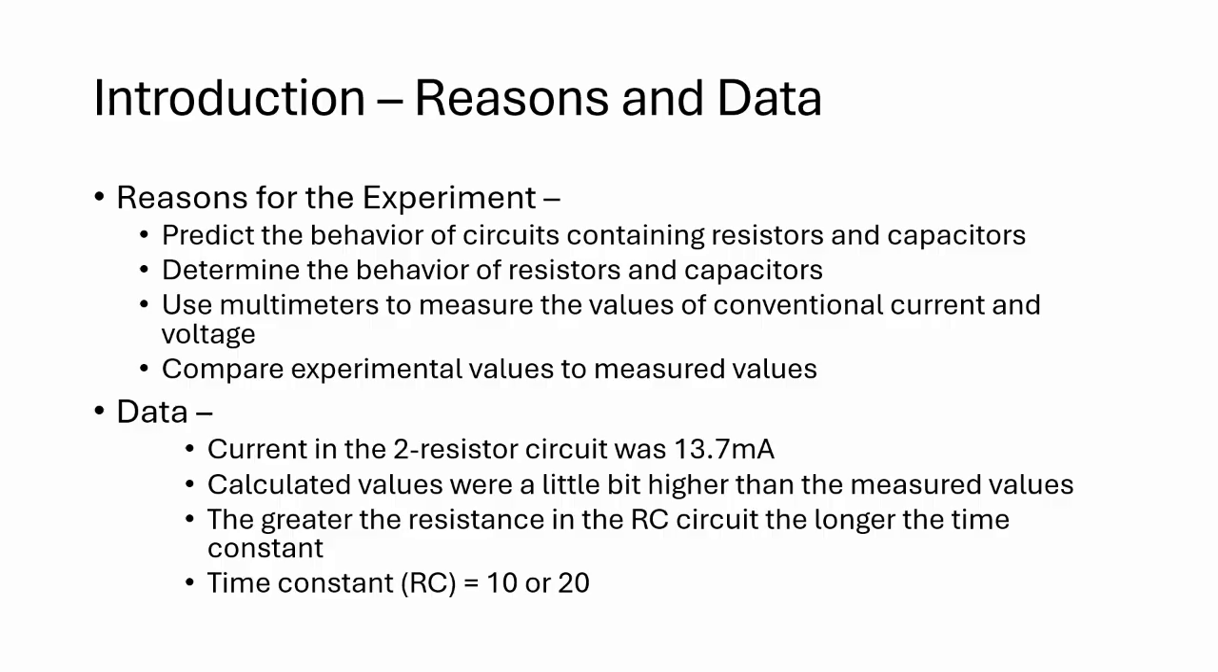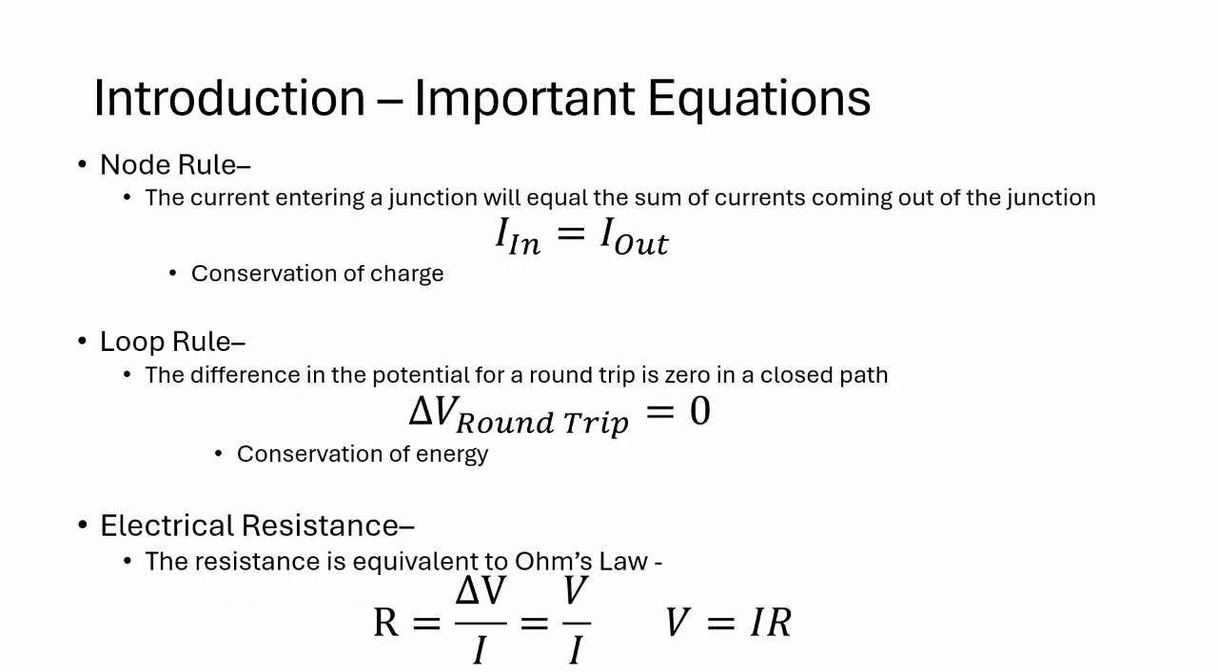The calculated values were a little bit higher than the measured values, and the greater the resistance in the RC circuit, the longer the time constant. Depending on what kind of resistor we used, either the 10 ohm or the 20 ohm, our time constant was 10 or 20 seconds. Important equations to note are the node rule, in which the current entering a junction will equal